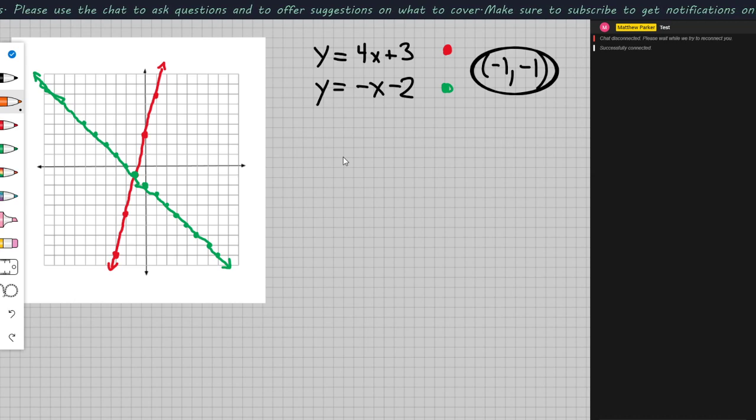All right, so substitution, I'm going to do that in orange. This one's going to be really different, just because normally if you want to use substitution, one is in standard form and one's not. This happens to be both in slope intercept form, so they're actually technically already solved for a variable. In this case, it's solved for y for both of them. It's up to you to decide which one to plug in where, but it actually is going to look like